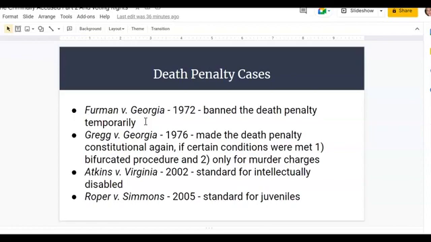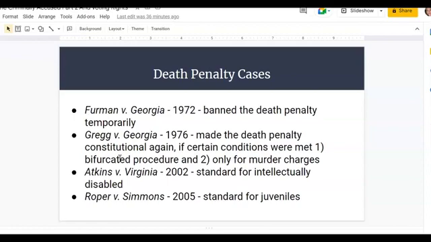One thing is there had to be this bifurcated procedure, and what that means is a two-step procedure where if somebody could be sentenced to the death penalty, there was one phase where the jury decides if the person is guilty or not guilty, and then there's an entirely separate procedure afterward where it's decided whether or not the death penalty or life in prison is an appropriate sentence,